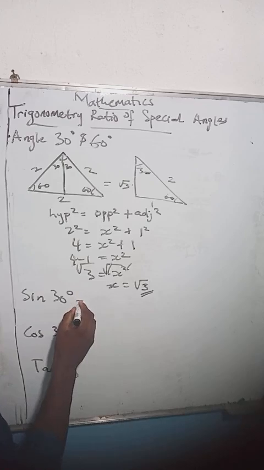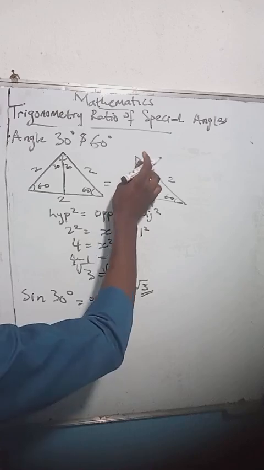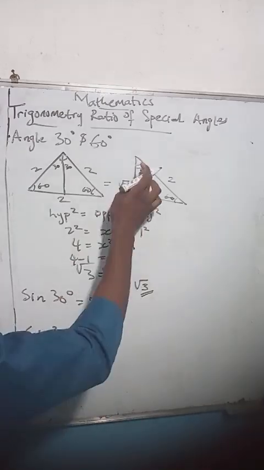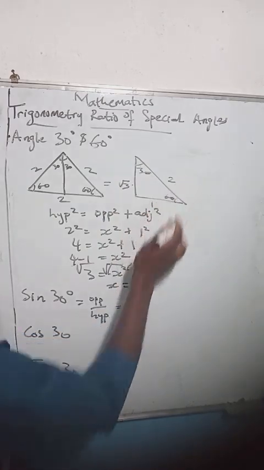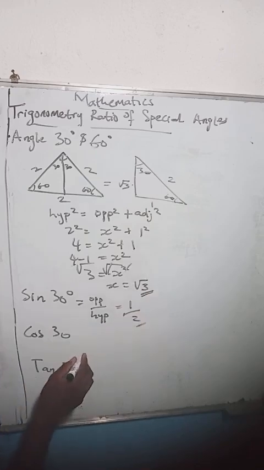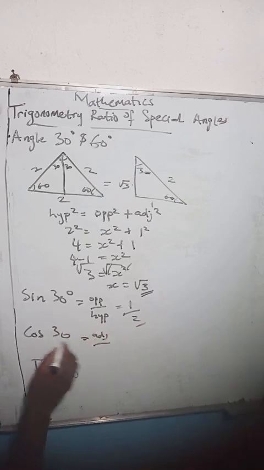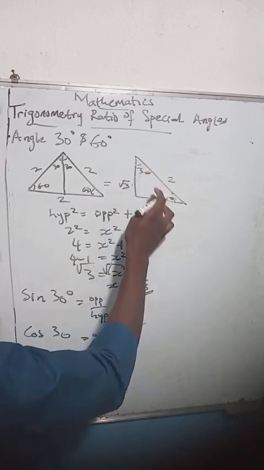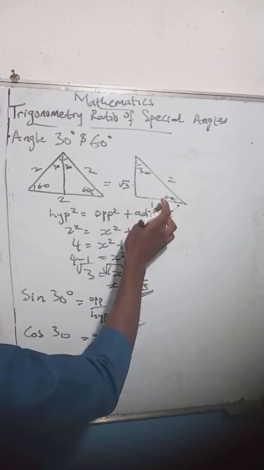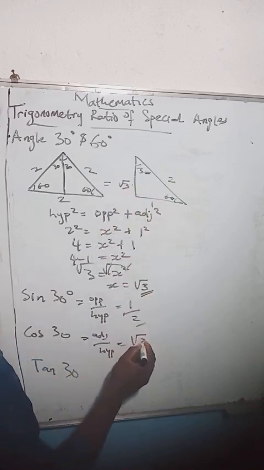To get this, remember that sine is equivalent to opposite over hypotenuse. Our opposite of 30 is 1. So it becomes 1 over 2. For that of cos, which is adjacent over hypotenuse, the adjacent of 30, when this is opposite, thus the adjacent will be root 3. It will be root 3 over